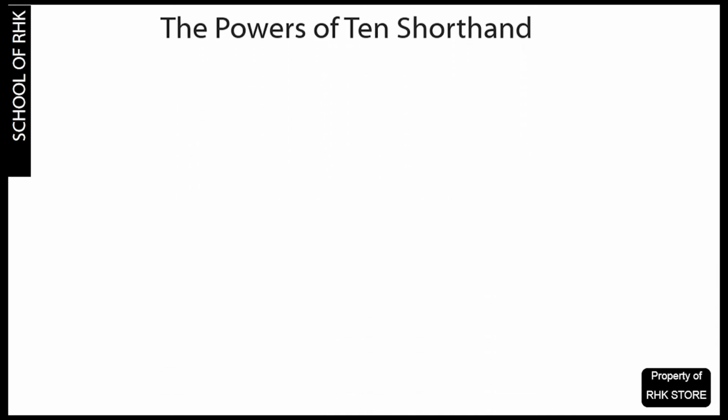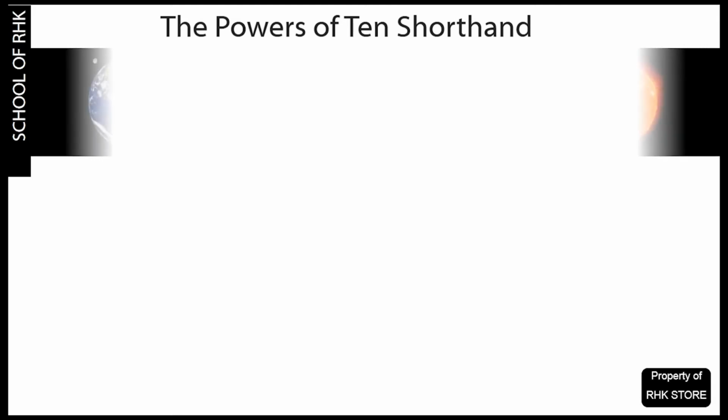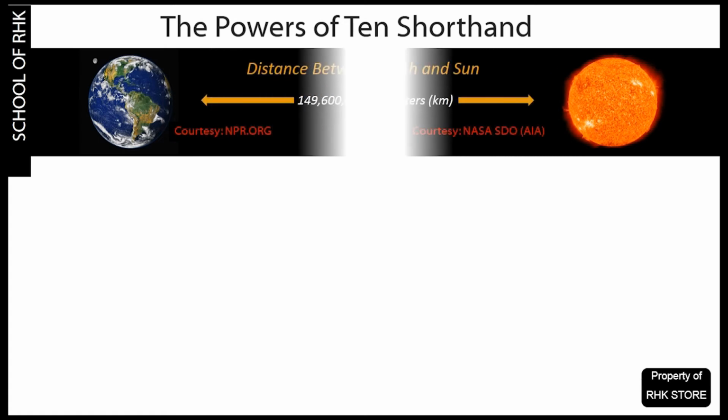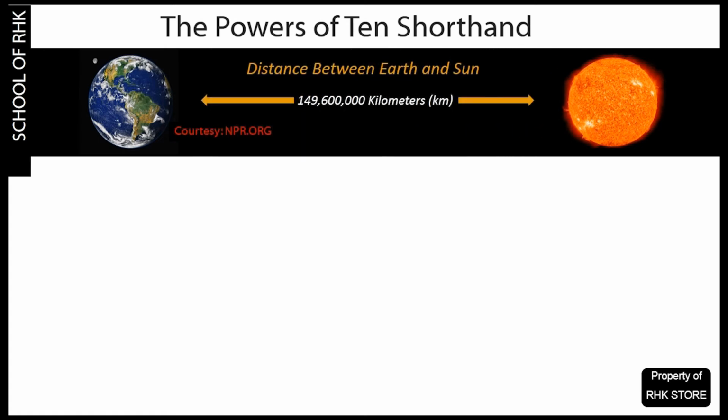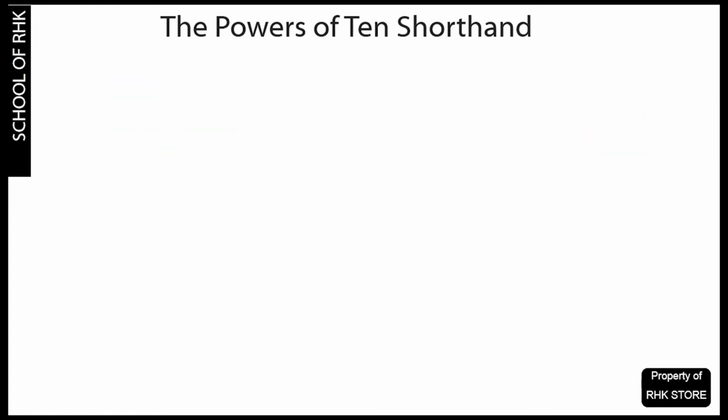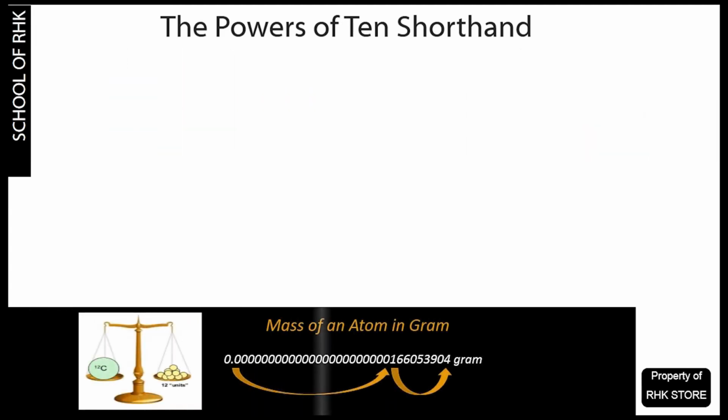Coming to the second part, why we need to know the powers of 10 shorthand. Due to its neat way of writing numeric values, in physics, powers of 10 shorthand is used. Especially in physics, we need to deal with large and small numeric values. For instance, the distance between Earth and Sun is 149,600,000 kilometers, or the mass of a carbon-12 atom in gram is